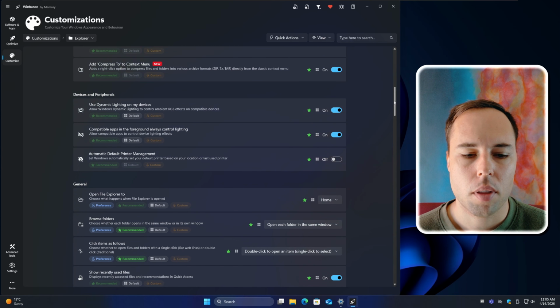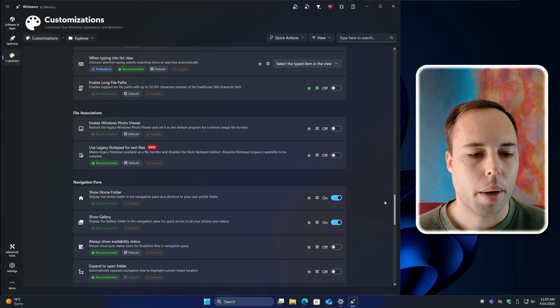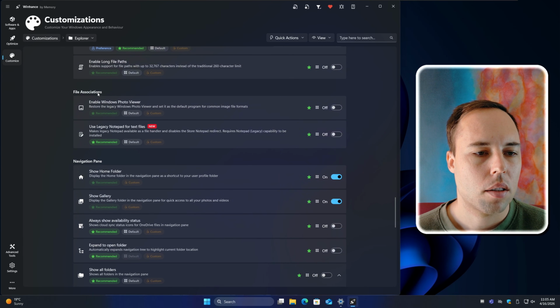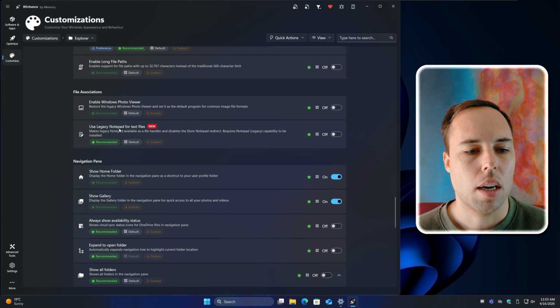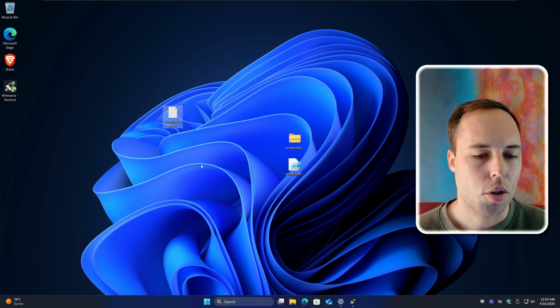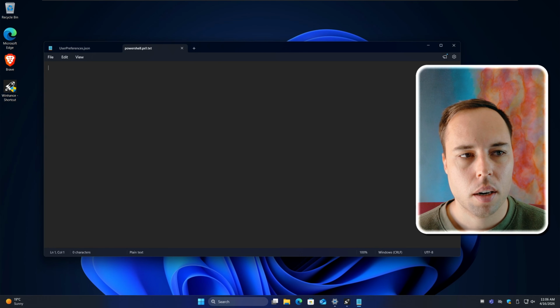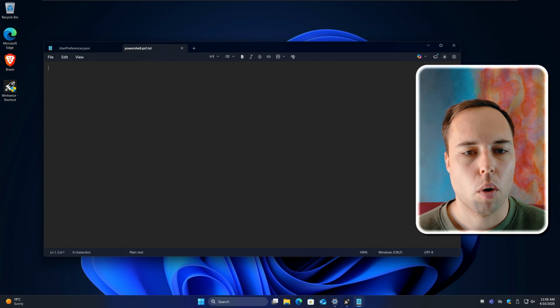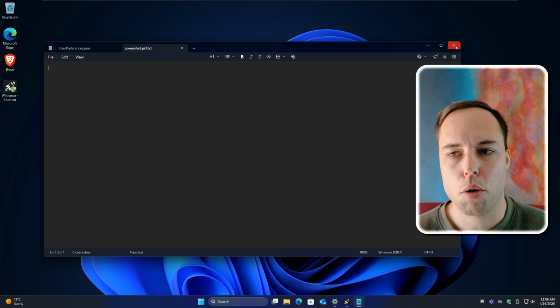Now, moving on to some of the other settings here. If we go all the way down, we've got a file associations group here where you can now use the legacy notepad for text files. So if you have a normal text file on your computer in Windows 11 and you double click to open it, it'll always open in the new Windows 11 notepad, also called Windows Notepad.